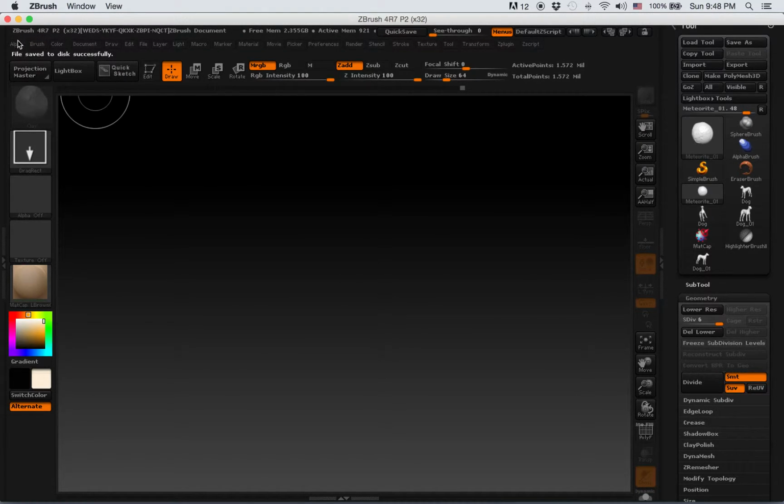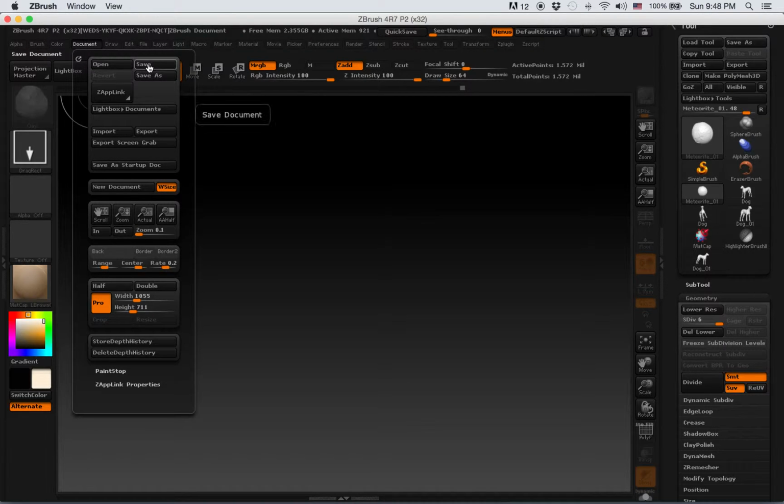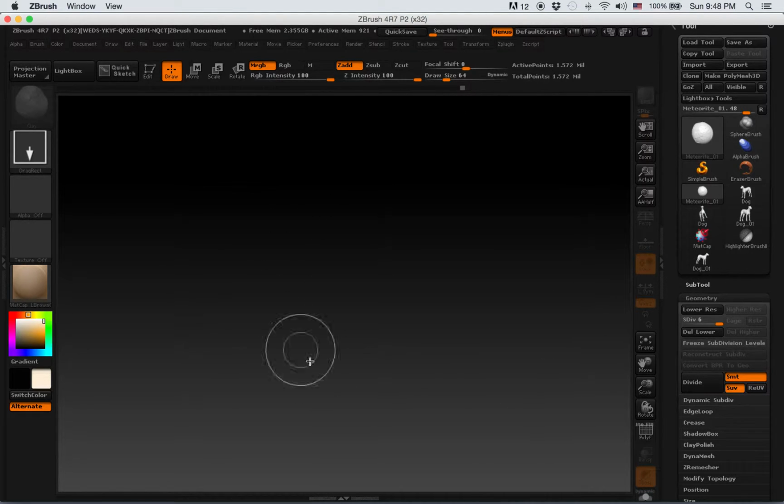Now, if you want to save the project itself or the document, you have to save it from here, and that's something that you can do. So you can store all the information that is coming